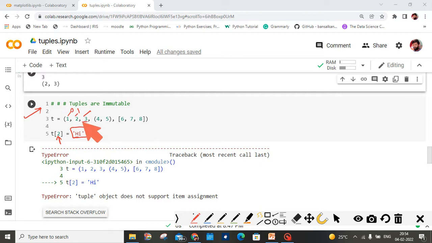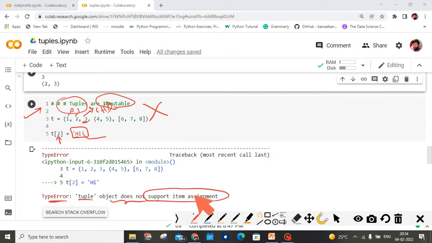This value I want to change to hi. Instead of 3 I want to change it to hi. This is not possible in tuples because they are immutable. When I do like this, what is happening? It is showing the type error, tuple object does not support item assignment. But this is possible in the case of lists. Why? Lists are mutable.